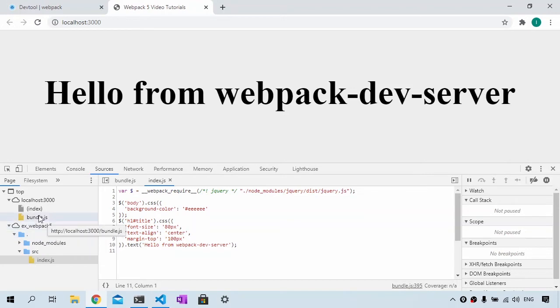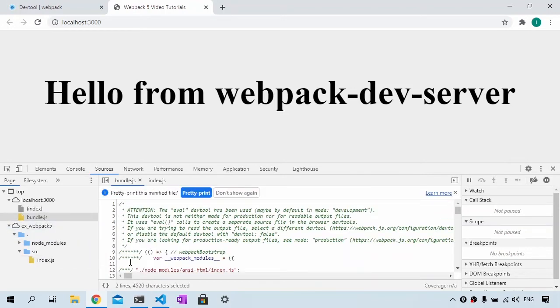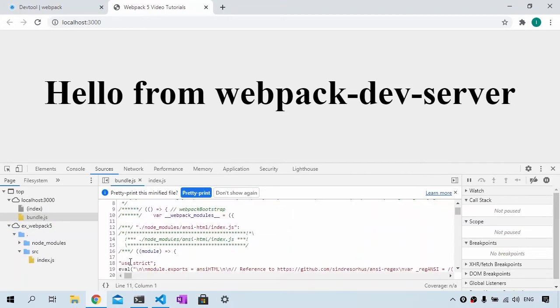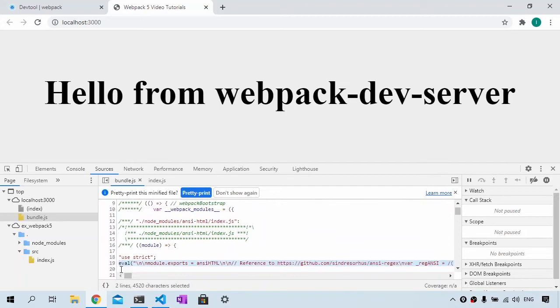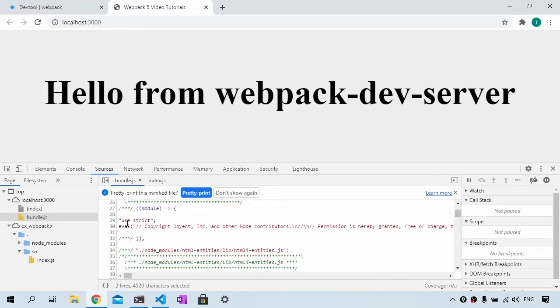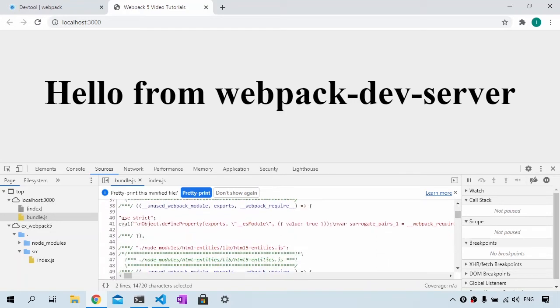The problem is that if you look at bundle.js, we have all the source maps inline in the file. So we are sending all the source maps to our application users. It will slow down your application load time, and that's not what you want to do. But eval is the fastest source map option for Webpack to build and rebuild. Thus, it is the preferred option during development.